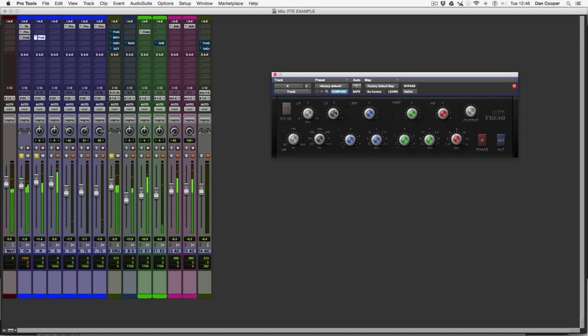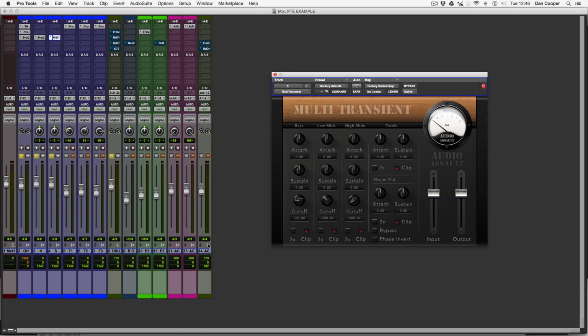Right, let's get the snare in. Sounds quite nice, but it sounds a little bit live. So what I'm going to use is the multi-band Transient Designer. It's a little bit different from what you may be used to. I'm just going to run over what it has. At the top here, we've got the certain bands that we can affect. So if I just solo the snare on its own,